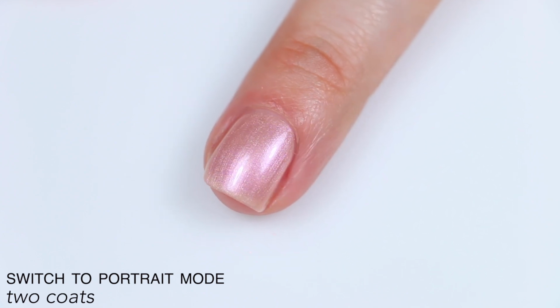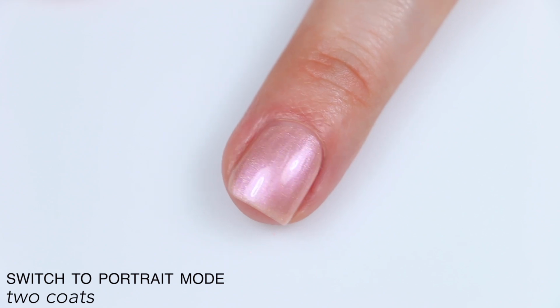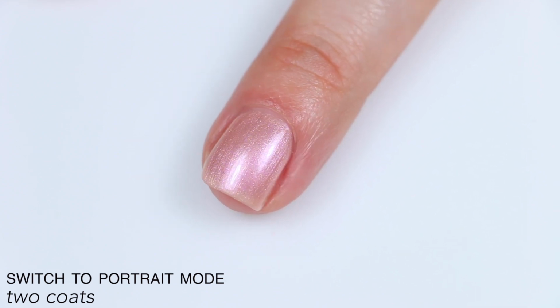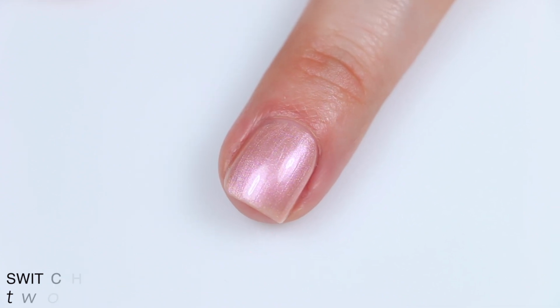I also left this alone at 2 coats for the same reason as the last polish, a little bit of nail line showing, but overall the color was even, so I thought it kind of worked with the look of the color. So that is 2 coats of